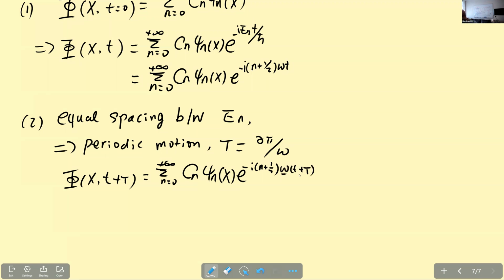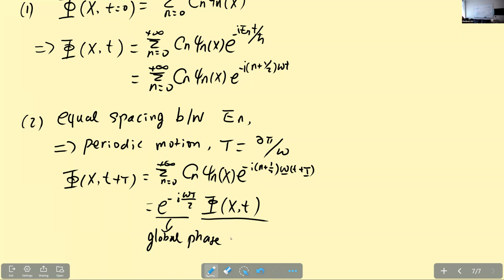But remember, omega times T is just 2 pi, right? So that will give us the same factor, except for this global phase factor. So this is the same state, and this one is a global phase factor,